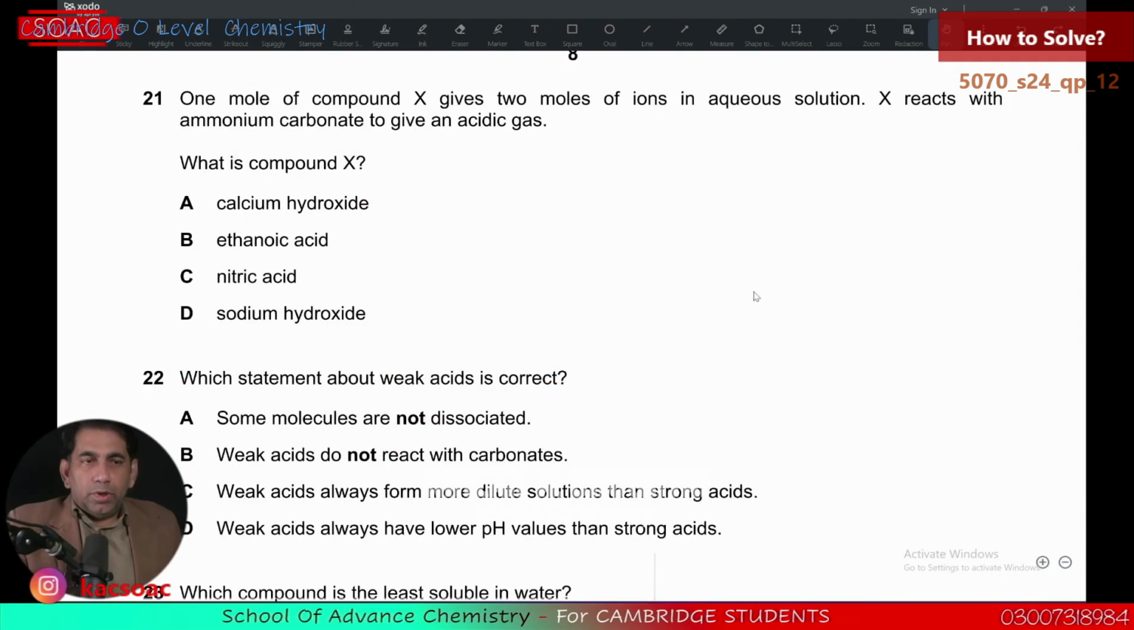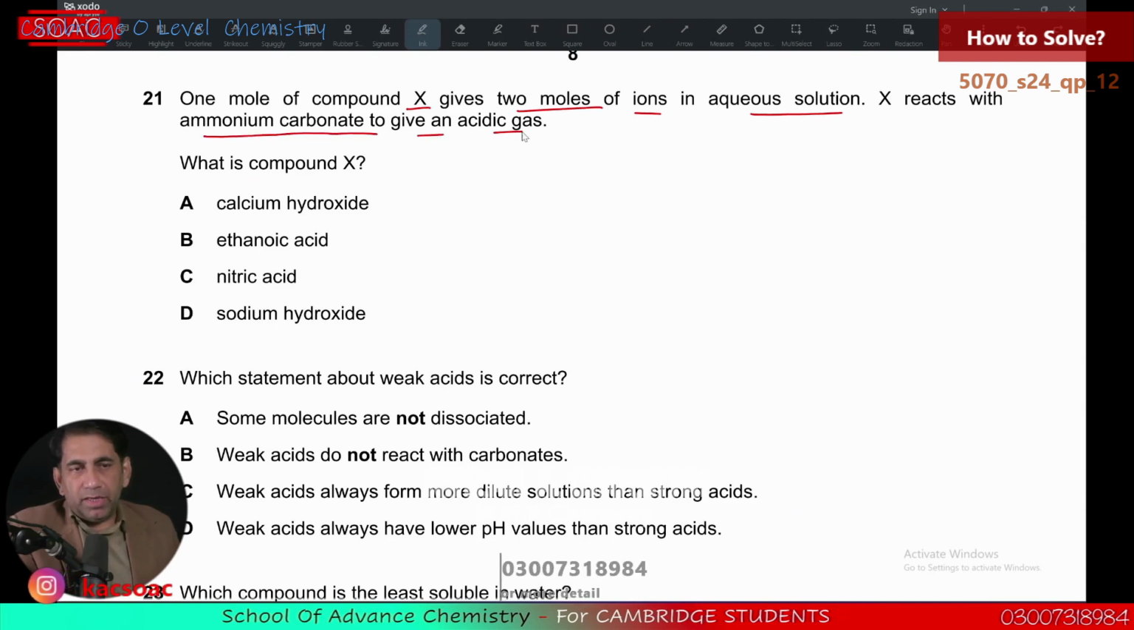Question number 21. 1 mole of compound X gives 2 mole of ions in aqueous solution. X reacts with ammonium carbonate to give an acidic gas. What is compound X? A, B, C, and D. A is calcium hydroxide, B is ethanoic acid, C is nitric acid, and D is sodium hydroxide. Basically,